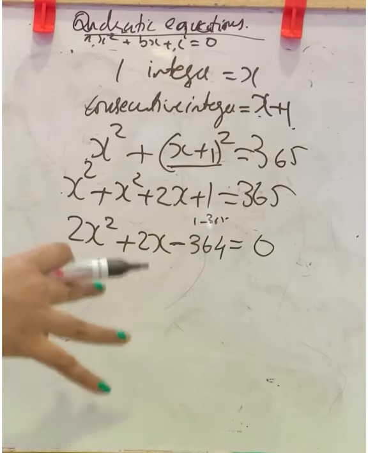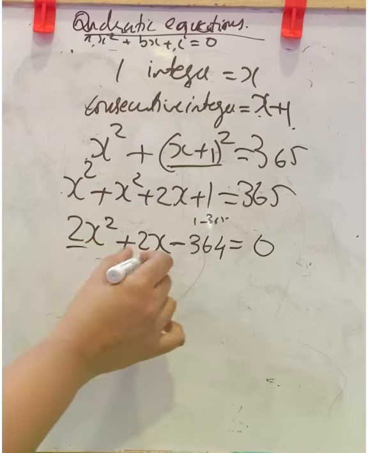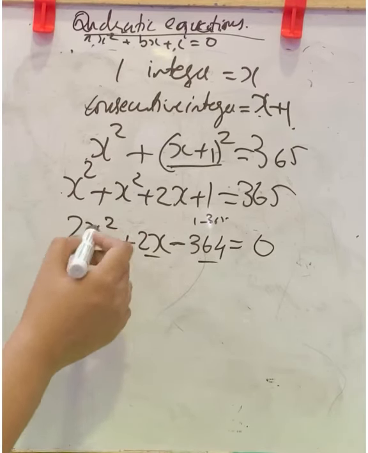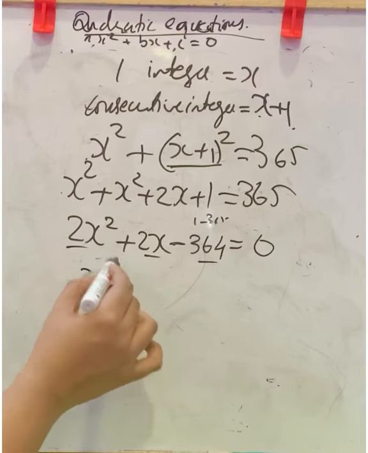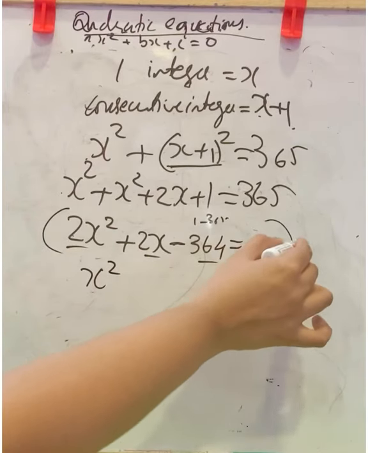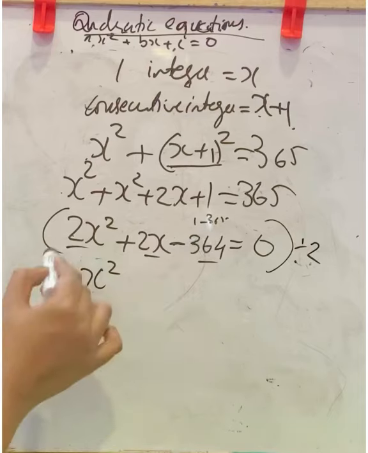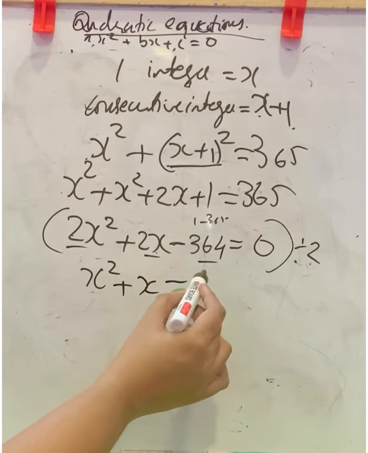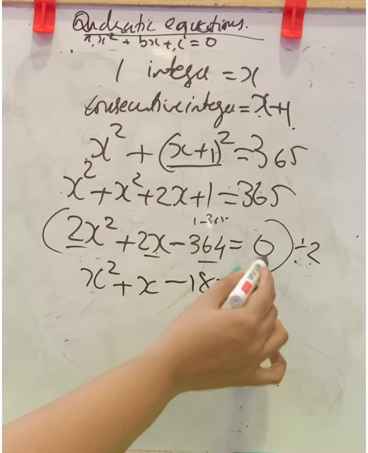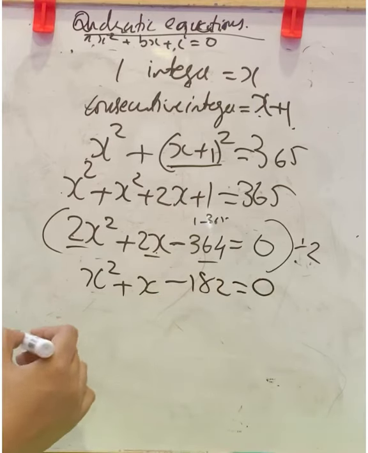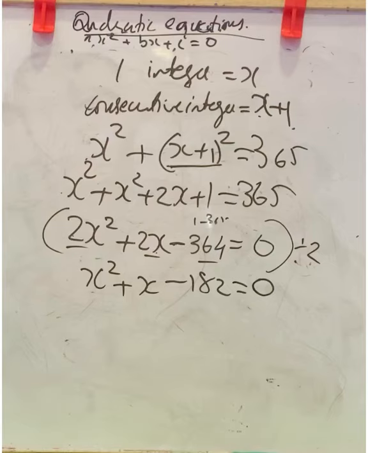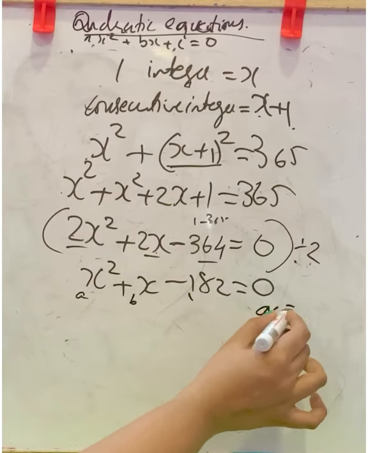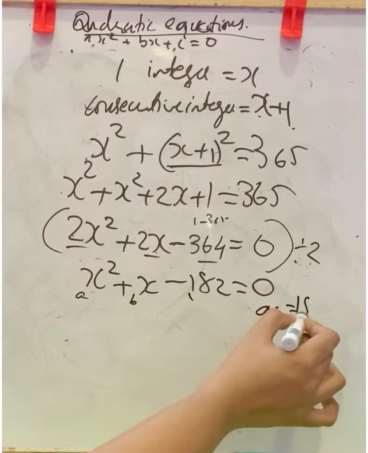Now we can reduce this to the least form, that is all the terms are multiples of 2. So we can cancel with 2. So this becomes x square, that is 2 dividing with 2. This becomes x square, this becomes x, and this becomes 182 equal to 0. Division of 0 by 2 is 0. Now this is the quadratic equation. That is a here, b here, c here. ac equal to 1 into 182, 182.